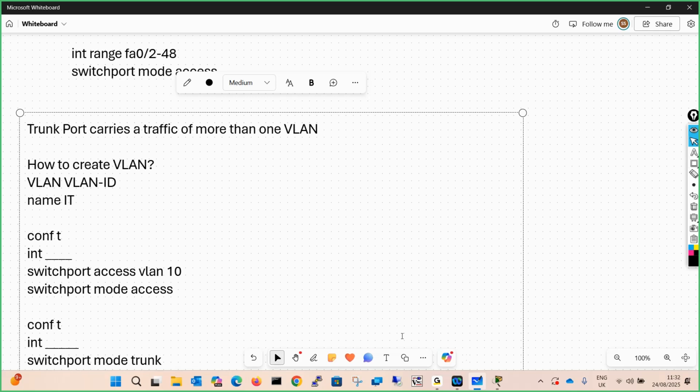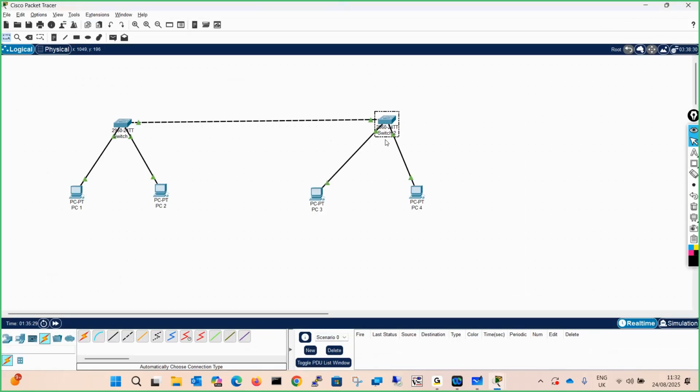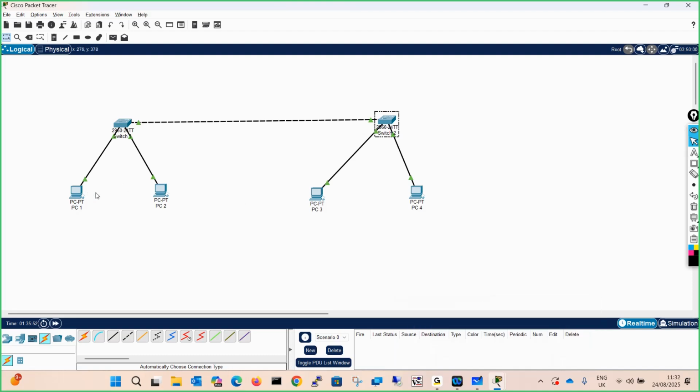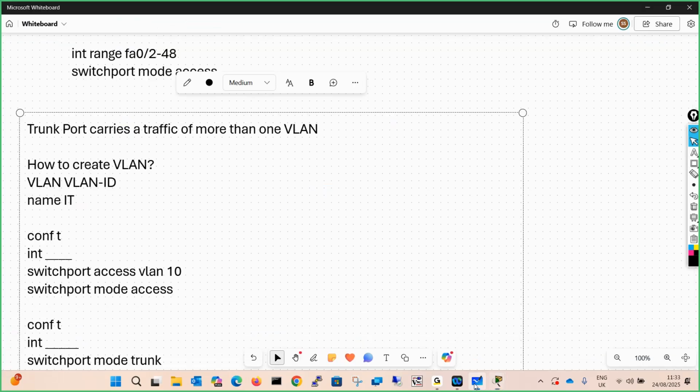Now, moving ahead, we have seen that we were not able to communicate from this PC to another PC, and that is quite normal. If there are two different networks, then a layer 2 device is definitely not going to work. We need the concept called inter-VLAN routing. What is inter-VLAN routing? As the name implies, it means routing between two different VLANs. We have VLAN 10 over here and VLAN 20 over here. If you want VLAN 10 and VLAN 20 to communicate, what you need to perform is inter-VLAN routing.